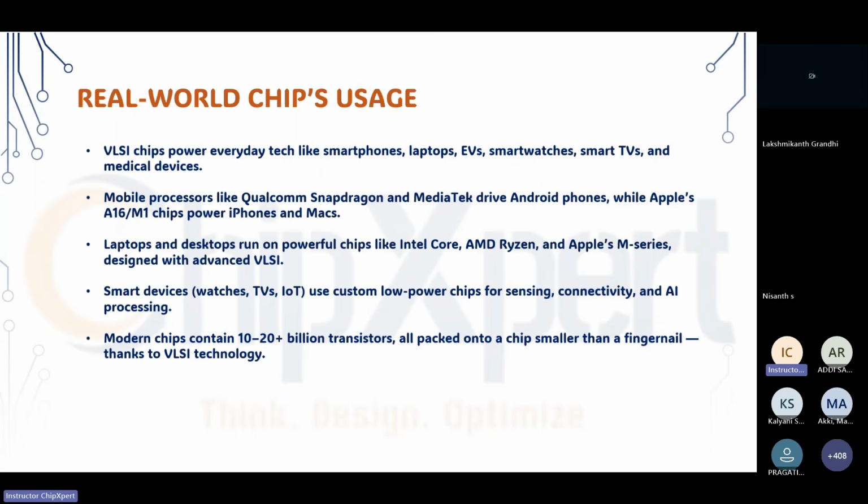Design is the designing of the complete chip. It's not like we are manufacturing. Let's say you have a picture, you make a design and you print it on a printer. That is called manufacturing, and the same thing applies to chip designing also. So what I'm talking about today is VLSI design: how we design the small chip which will have billions of transistors in it. So we're going to learn this.